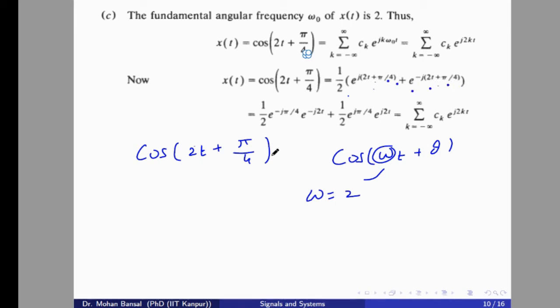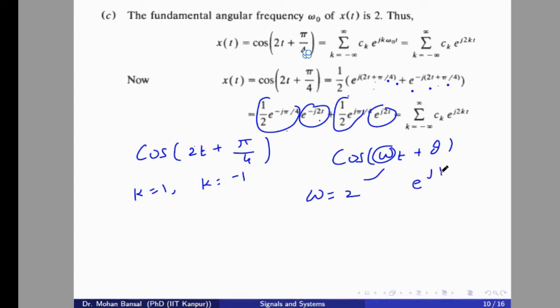Now if you expand it, you are getting two terms, e to the power minus j omega t and e to the power j omega t. For k equal to 1, you have some value, and for k equal to minus 1, you have some value. For k equal to 1, you have 1 divided by 2 e to the power j pi by 4, and for k equal to minus 1, we have 1 divided by 2 e to the power minus j pi by 4. Here we are not considering k equal to 2 because we are comparing with e to the power j k omega t,